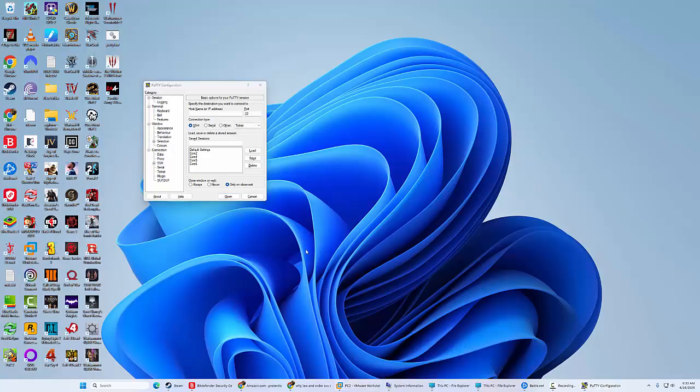Now, session is your most important. Here, your IP address and your port number are most important. Now remember, the port number is at your layer 4, and the port number is what you use to access the device. Meaning that if I want to access the device and it's on port 8044, a port number that I chose, I will put that here, and I will be able to SSH or Telnet into that device.